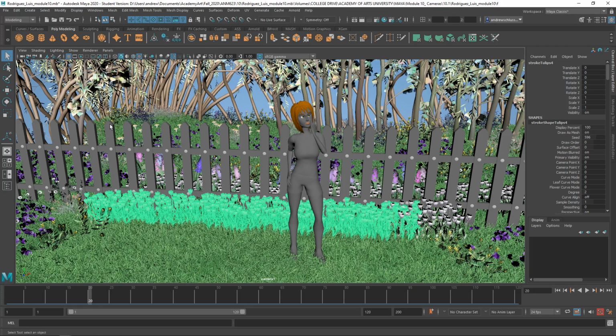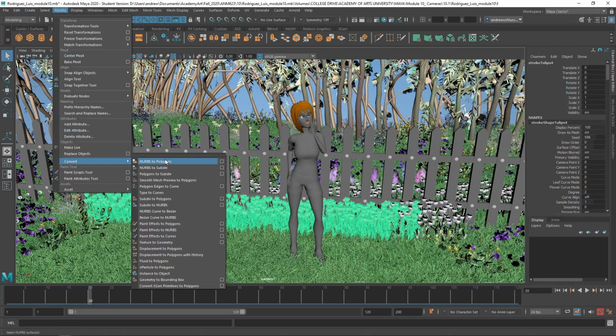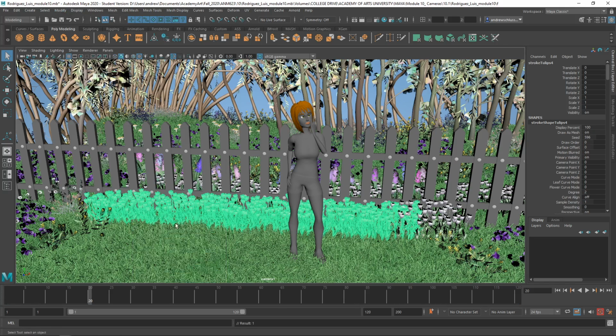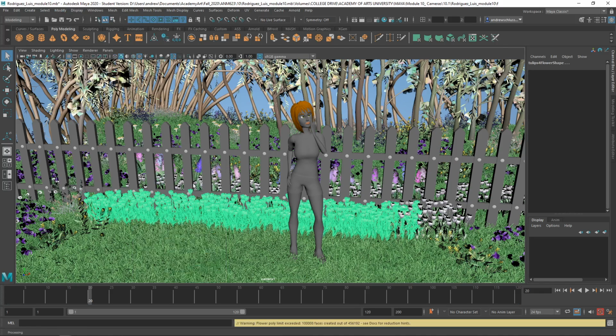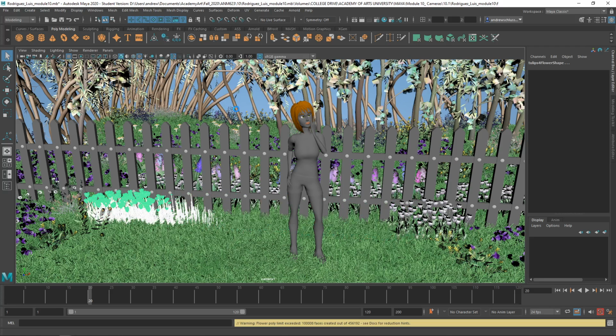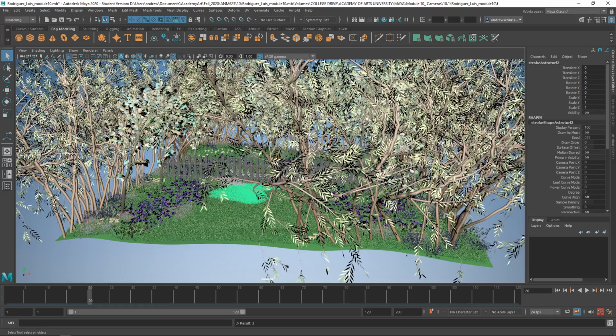is an Arnold render. So what you have to do is convert these to polygons. So you do Modify, Convert Paint Effects to Polygons. Now that's fine and should work. Oh, and it didn't even work because there's just too much. It's too dense. So you see, it looks like we've gotten some polygons out of this, but already it's slowing down. And if you tried to convert all these paint effects to polygons, where you really went nuts with that,